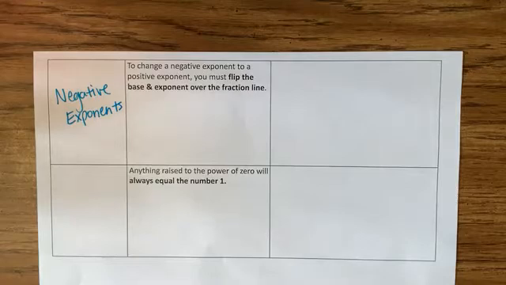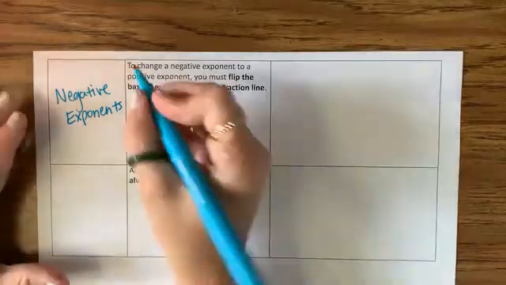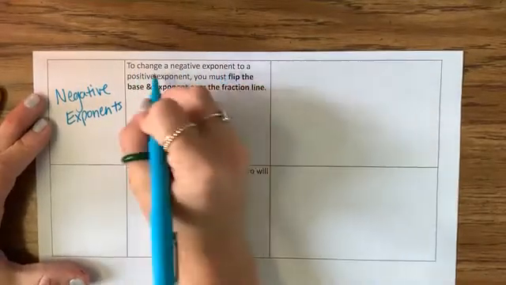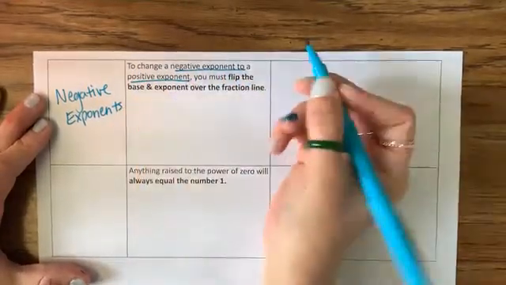If you have a negative exponent, which we did on the previous one, then the expression is not fully simplified. If you see negative exponents, you need to make them positive. And the way that you change a negative exponent to a positive exponent,